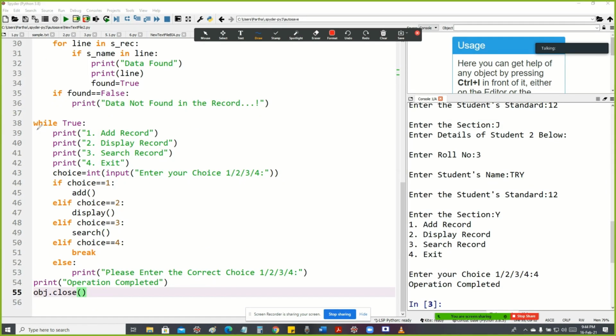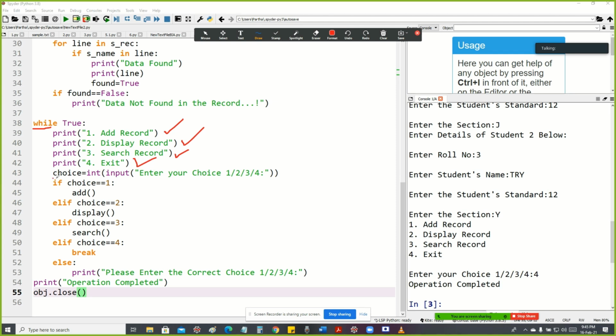After the search function, here I'm using the while loop to execute a set of statements. That is, these four options will be printed: option number 1 add record, option number 2 display record, option number 3 search record, option number 4 exit. These four options will be shown on the screen.